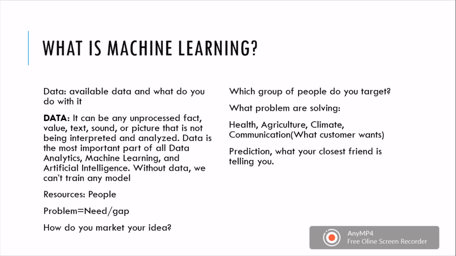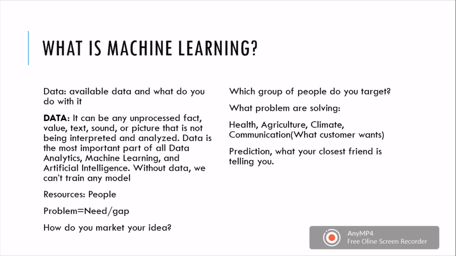So data can take any form. Data is any unprocessed fact, value, text, sound, or picture that has not been interpreted and analyzed. So data is the most important part of all data analytics, machine learning, and artificial intelligence. Without data, we can't train any model, and it means without data you can't achieve your idea. So the very first thing you have to do is to determine the type of data you are going to use, and the targeted group